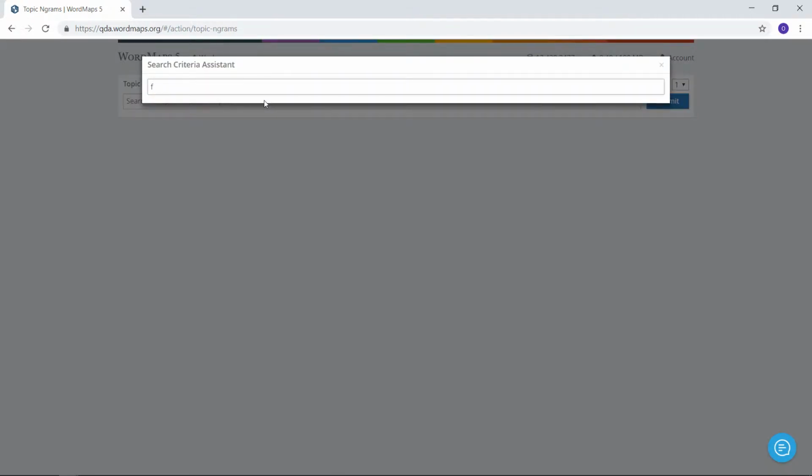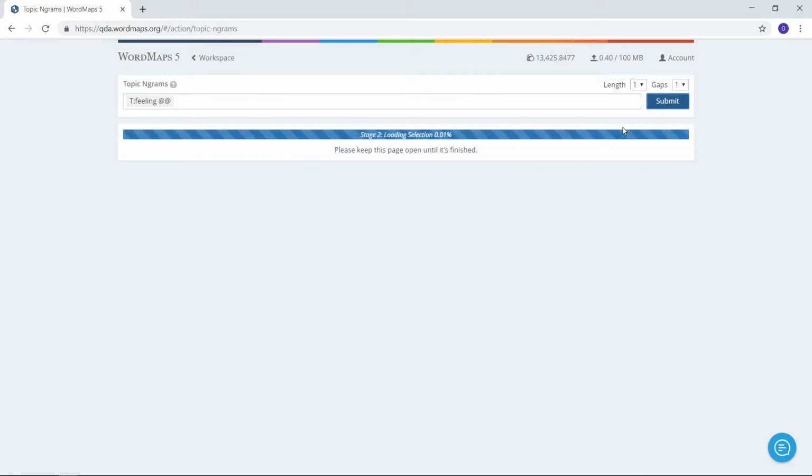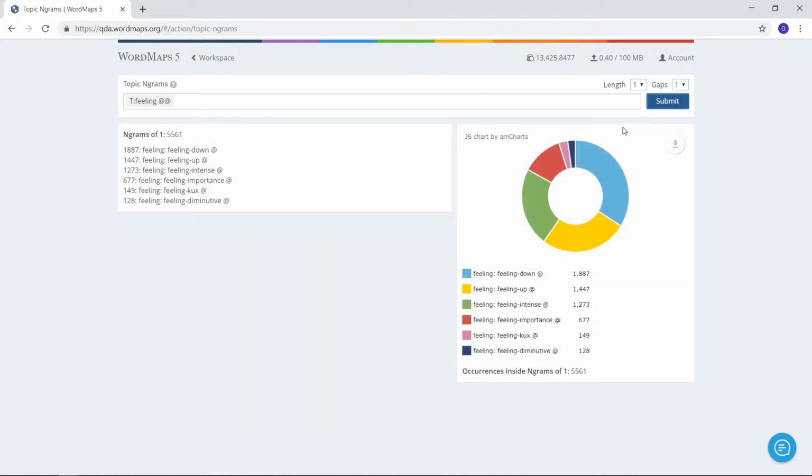And I'll just take a 1 n-gram, and I'm going to look for feelings. Well, feeling, this one. So let's see what we get. Now the plays are being read, and here we have the result. We see that word maps, or the topic model inside word maps rather, found lots of examples of feeling down, lots of examples of feeling up, some arousal examples, the feeling intense here, something about the value of things, the importance of things, and then at the very end we have this one called feeling diminutive, and this one